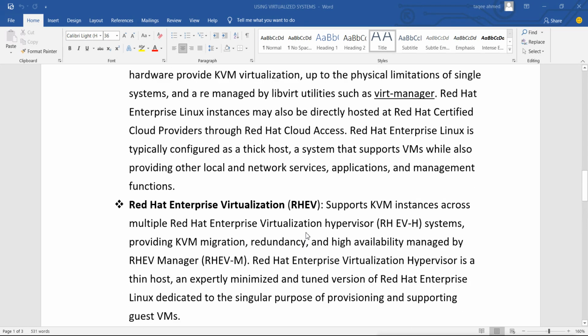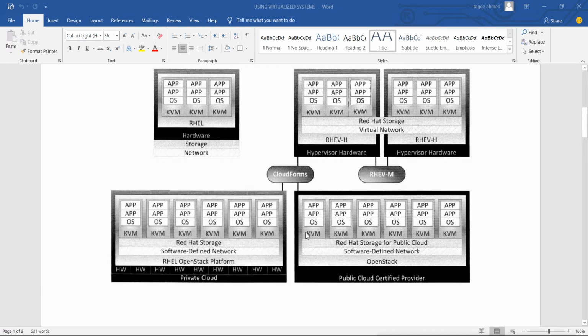So these are the different technologies of KVM virtualization we have in Red Hat. We can have a single server virtualization, we can have a virtualized operating system of Red Hat, which is RHEV. We can create a pool of virtual machines where we can do migration, storage and virtual migration, and also we can go for the cloud, where we have multiple servers working as a single host. So we have a private cloud and public cloud. Hybrid can transfer machines.